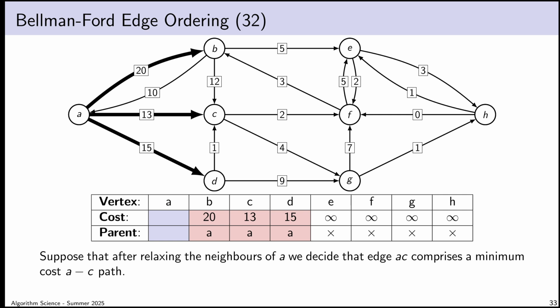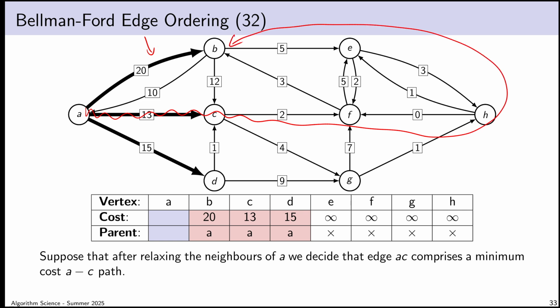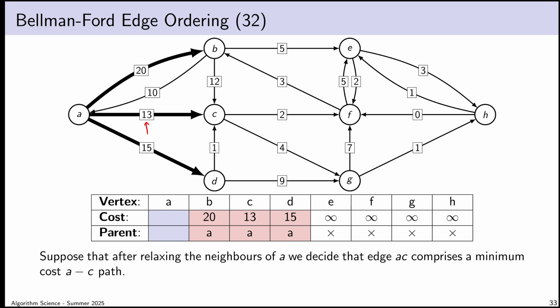Of the various vertices that I can reach right now from A, so there's only 3 of them, B, C, and D, the vertex C has the minimum total cost. And I assume, I have to be very careful with this assumption, but basically my assumption is, look, if this were a minimum cost path to vertex B, maybe it is, maybe it isn't, but I'm not yet able to know that, because maybe there's a way of traveling from vertex A to vertex B through vertex C or through vertex D, because I can get to vertex C in a cost of only 13. Maybe there's a way of getting to vertex B from there in a cost of less than 7. So I can't assume this is a minimum cost path to vertex B. I don't know enough to conclude that just yet.